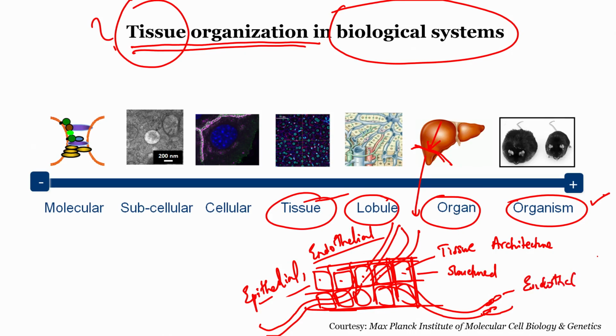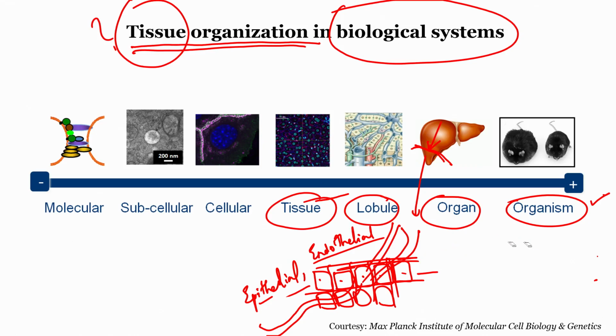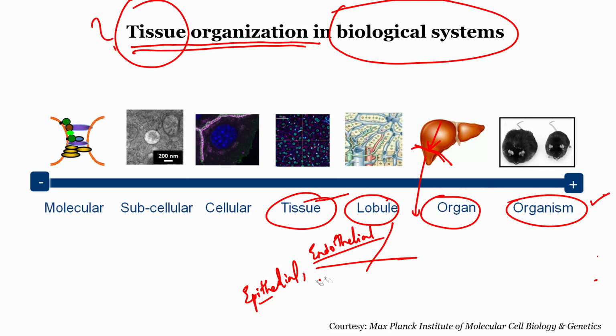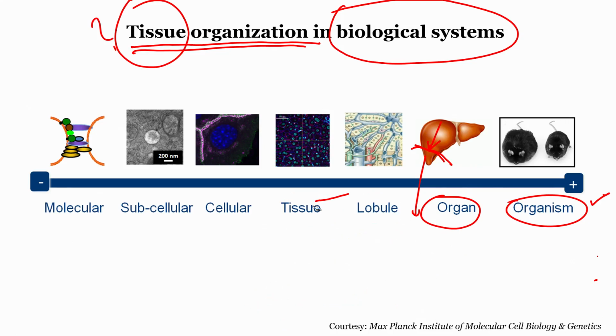I might be going into this, you just consider it as general awareness so that we understand the next part of the course. So this is just a general understanding about how organs are assembled by tissues and lobules. Cells themselves in a structured arrangement cannot exist on their own, they need to be supplied by nutrients, and those nutrients are supplied by vessels like blood vessels, lymphatic vessels, etc.